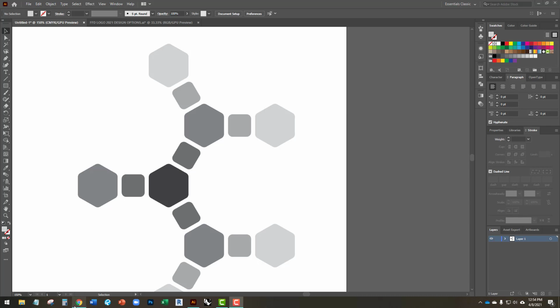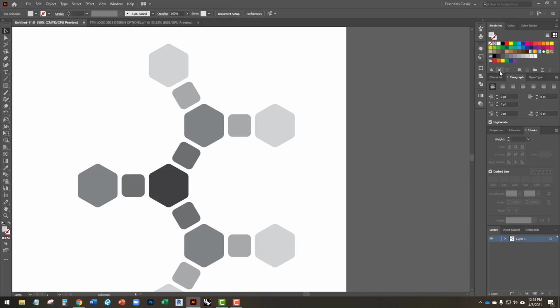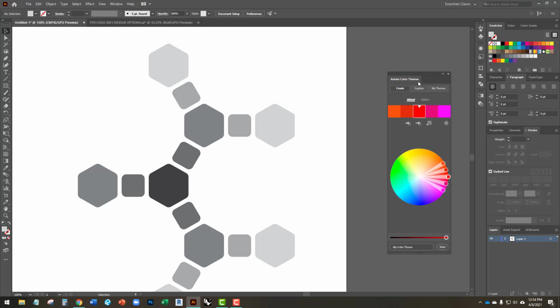So there's a couple ways to access this. The first thing we need is the Swatches tab here. You can go to Window, Swatches to pull that up. The next thing we're going to do is open the Color Themes panel. This will show you 3 tabs. We can create our own custom theme here